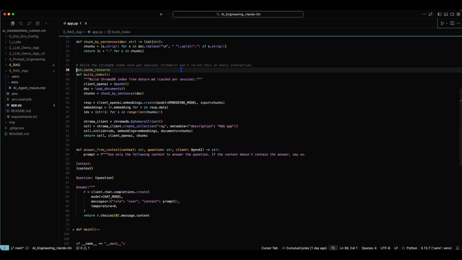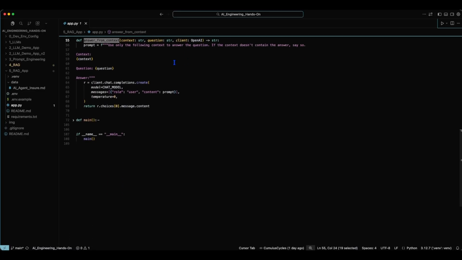On line 38, before the build index function, we see a Streamlit decorator that runs the build index function once and caches the result for the entire session. The answer from context function takes a context, a question, and a client, builds a prompt telling the model to only follow the context to answer the question, and if the context doesn't contain the answer, say no. We inject the context and the question, and then build the answer by calling create on the chat completions API, setting the message to the role of user and the content equal to the prompt, and then we'll return the